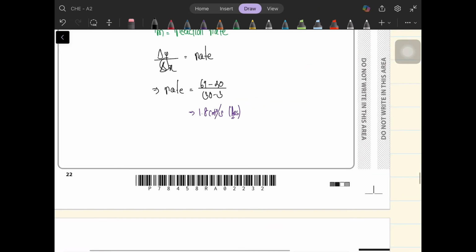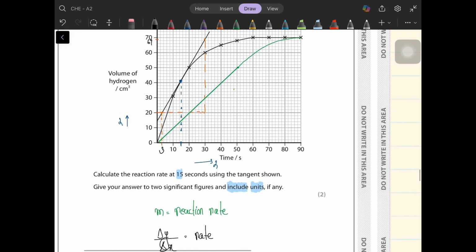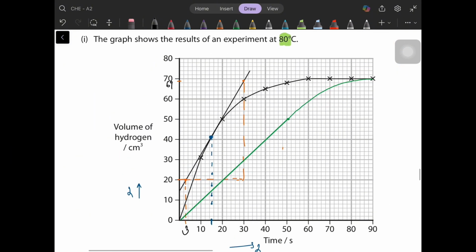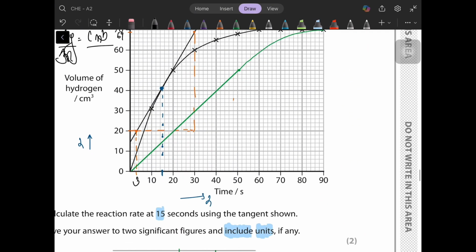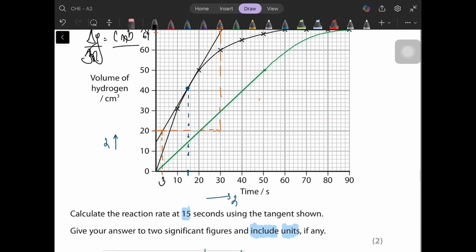And I have received a value of 1.8 centimeter cube per second, because do not forget to write the units, right? The unit for the delta y axis is centimeter cube, and the unit for the x axis is going to be second, so centimeter cube per second. Let's just move on,